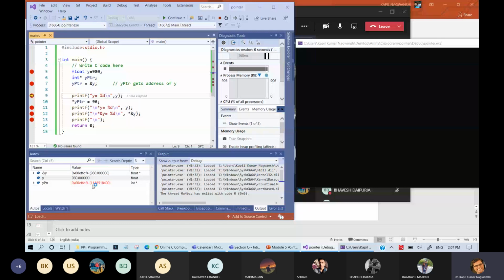If I run this, the answer of y is coming as 0. Why is it coming as 0? Anyone? Yes.